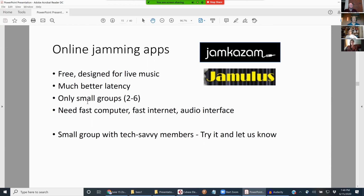The reason that we're not all doing this already is it's kind of tricky to get it working. You need to have a fast enough computer and a fast enough internet connection, in order to get the latency lower and lower until it's at a point where you can just play and not worry about the technology anymore. And then an audio interface is